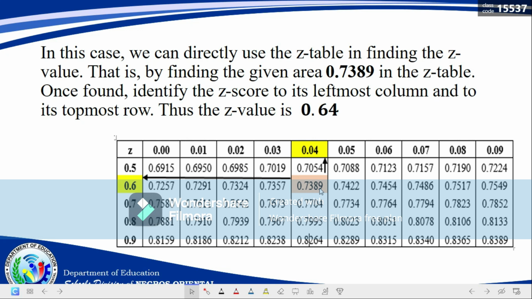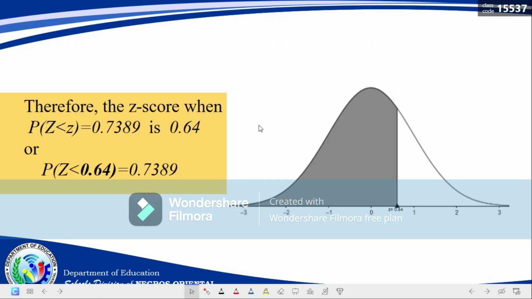Okay, then after locating it, we're going to look at the z-score or z value. So the z-score to its leftmost column, we have 0.6, and then at the top most row, we have 0.04. Thus the z value is 0.64. Therefore, the z-score when the probability z is less than z is equal to 0.7389 is 0.64, or the probability